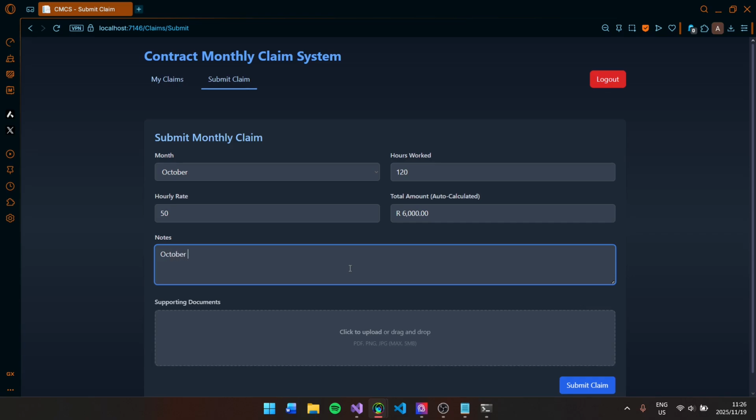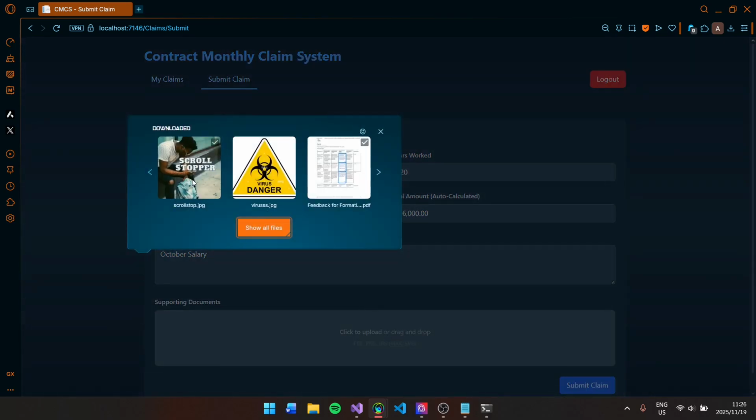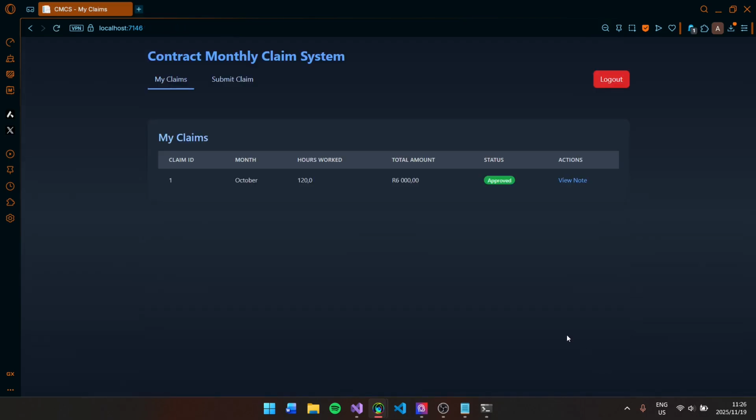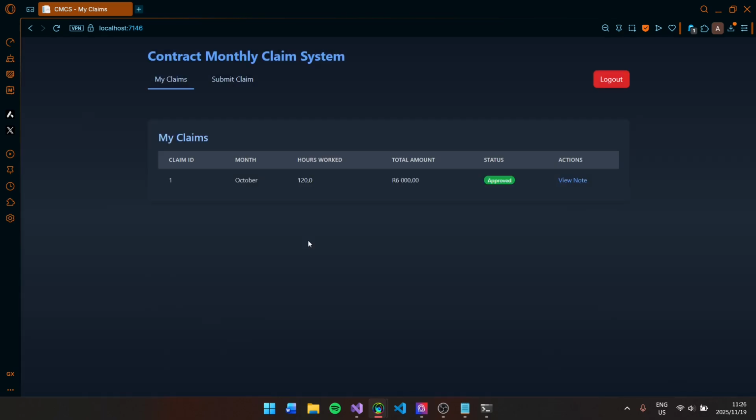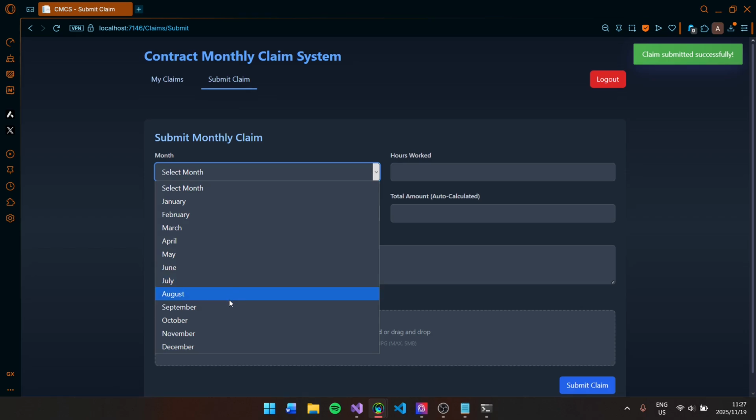Notes, we can say October's salary. And supporting documents can be anything under a specific file size limit, so we'll have it as a JPEG just for the purposes of this demonstration. As you can see, it is automatically approved. We can view the note, but there will not be anything because it was automatically approved via the system. Just for demonstration purposes, we will have